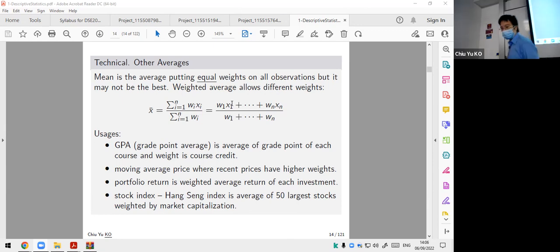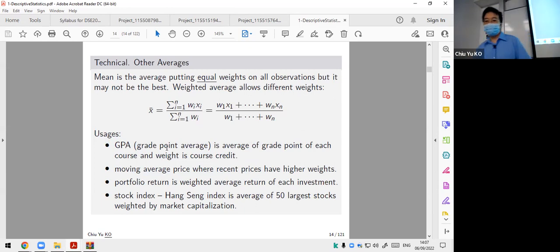The most common example you see is GPA. Everybody cares about that, right? And I would say you want to pay a lot more attention to my class than the other class, because our class is for credit, and the other class is without credit. You getting an A in our class is better than an A in the other class, because of weighting. You multiply by different weights. The calculation is very simple.